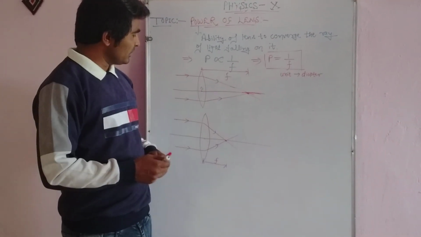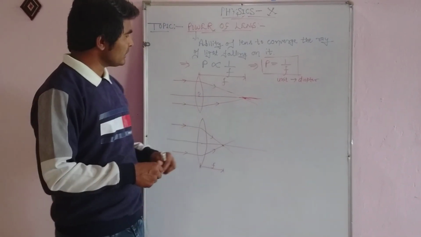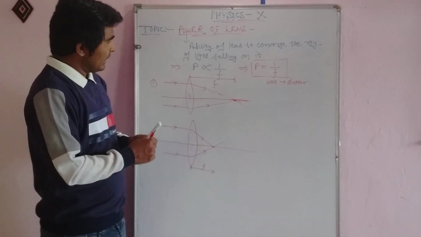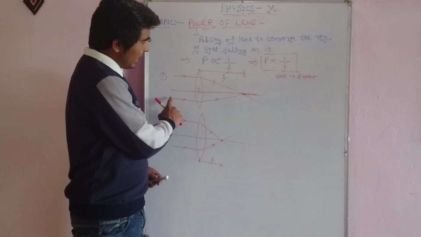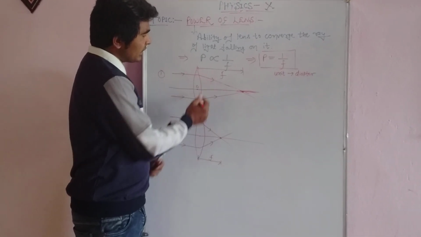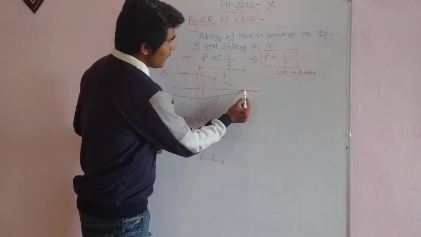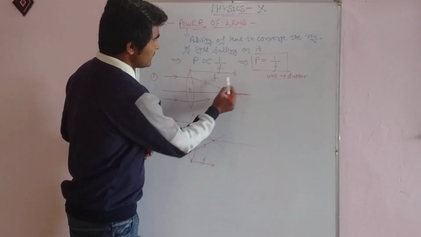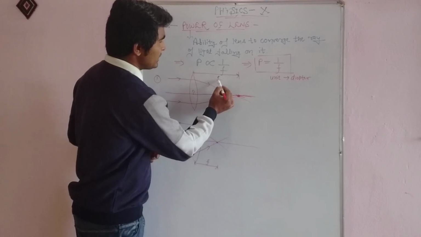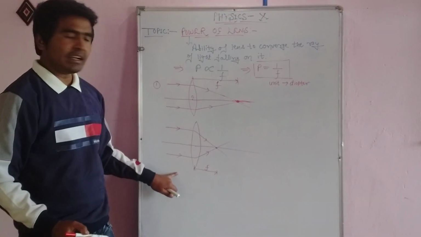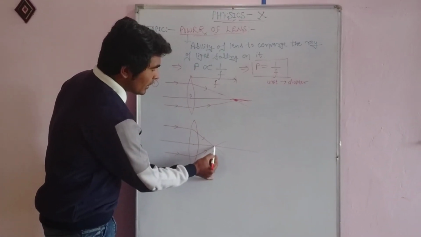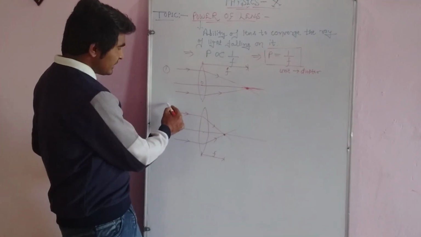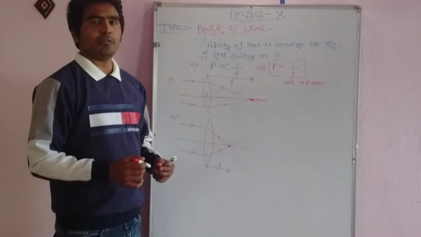So according to this, we can understand this is the first lens, and when light rays traveling parallel to this lens converge at this point, the distance from the optical center to this point is the focal length. In this case f is this. In the case of the second lens, light rays converge near to the lens, it means that the second lens is highly powerful.